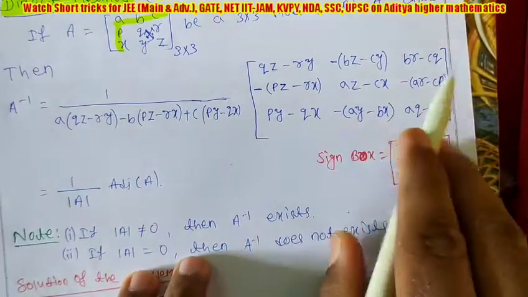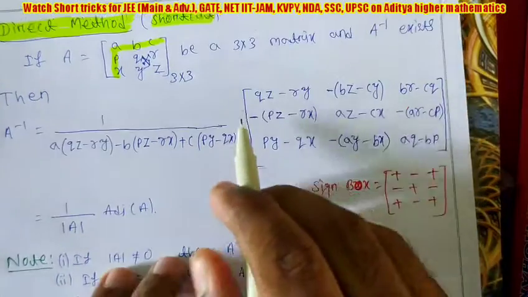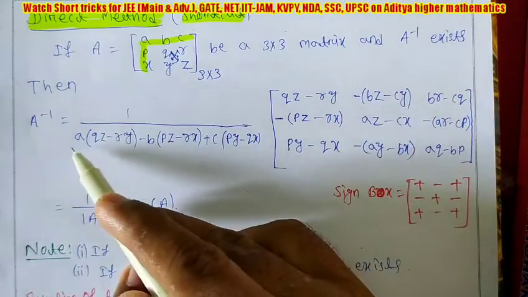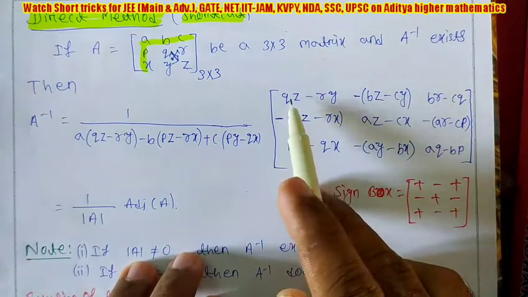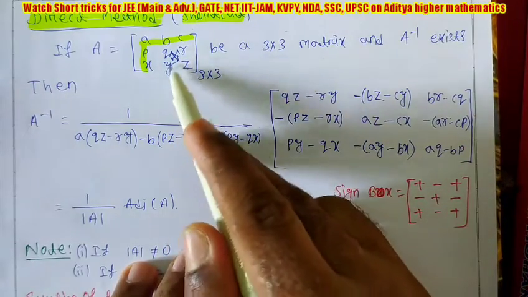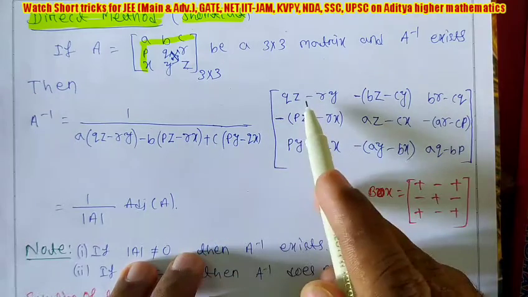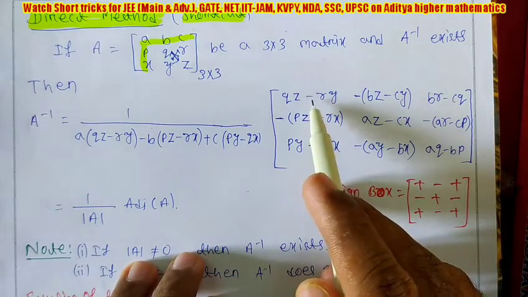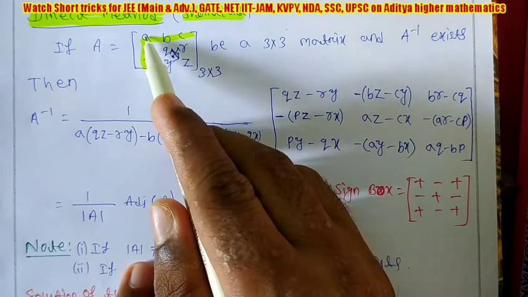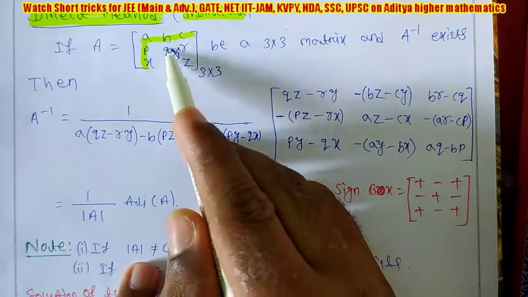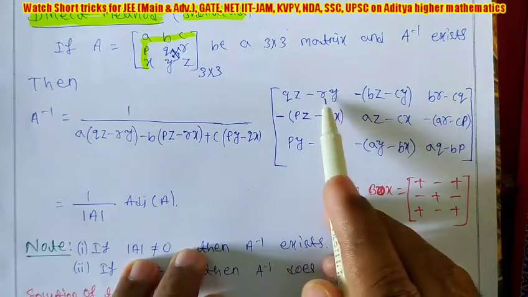Next, how are we getting this? Same thing only, but here we are not multiplying A, B, C, the numbers we are taking. Here we will write only the cross products, multiplied with the middle sign minus. Here, take A first, then delete its row and column. What are we getting? Qz and Ry, then write Qz minus Ry.